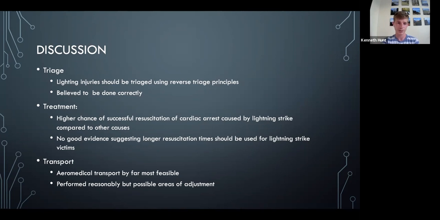And then transport: air medical transport by far the most feasible. They're in a very remote area, and although ground ambulances were eventually able to get there, aeromedical is really the only option. I think overall it performed reasonably, but with a possible few areas of adjustment,